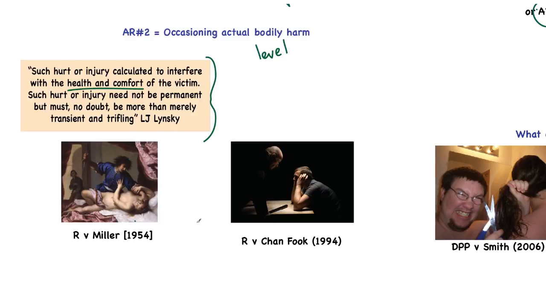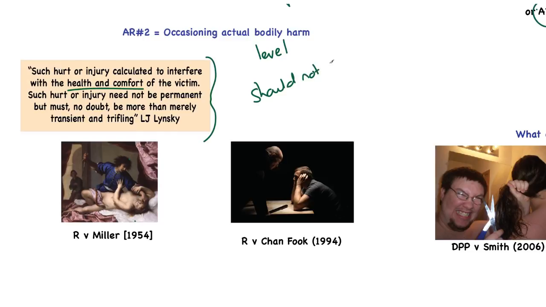But where they did frame it was they based their case on the mental state of the victim and the fear and panic that he would have suffered. Now, I'll come on to the importance of that second part in a moment, but what I want to do is just to demonstrate to you what Chan Fook tells us is the injury